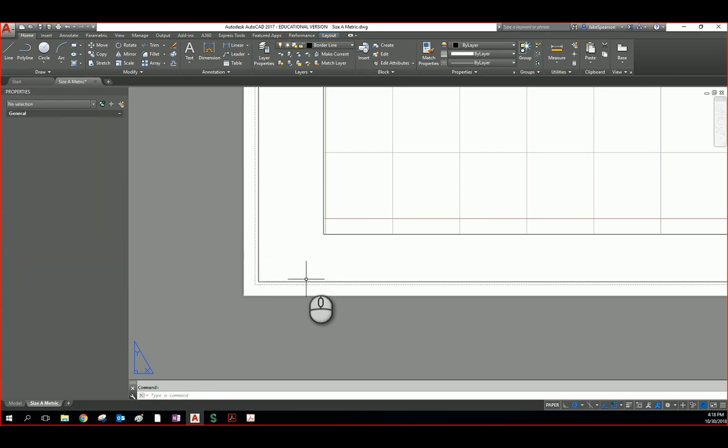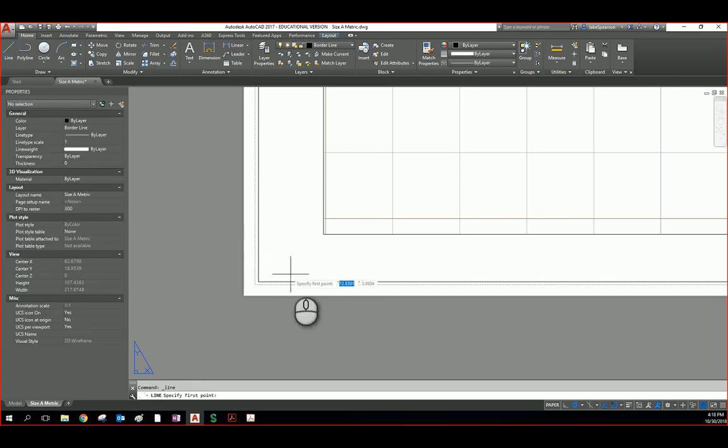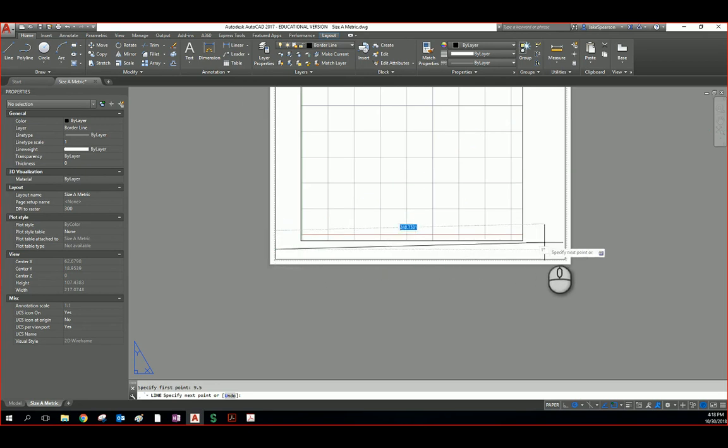Don't do double lines. So I'm going to draw a line, but I'm going to scroll over it. I'm going to pull off of that corner, and I'm going to type in my 9.5 millimeters. And at this point, I'm going to scroll all the way over to the corner. Now, I'm going to do it again. I know these measurements already, so you might have to look at the actual,